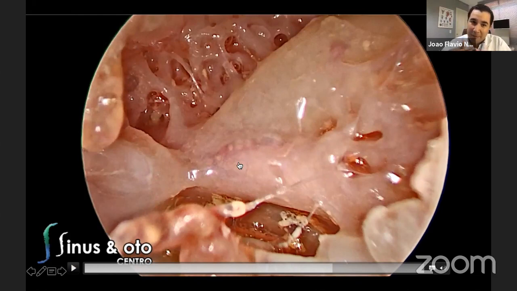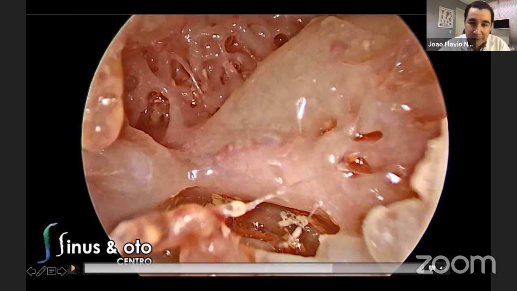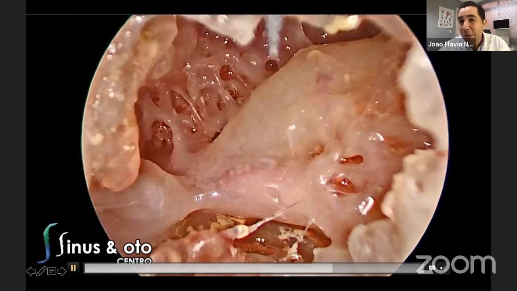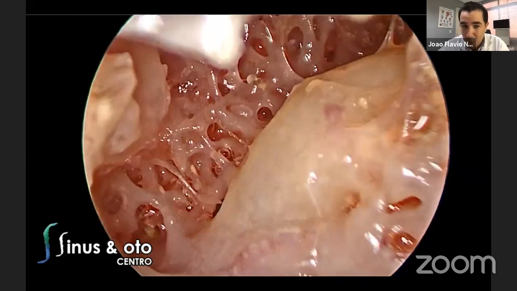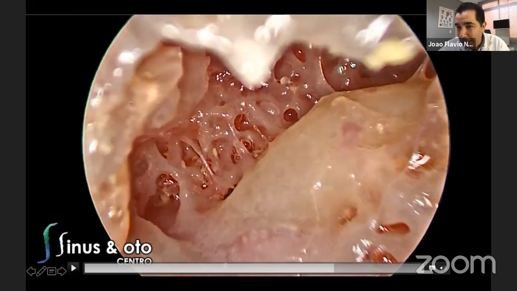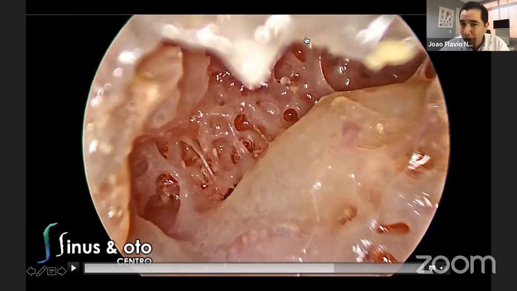So with the endoscope, you can have this very close-up view when you remove the ossicles, of course, and when you don't have an incus, for instance. And then we can go inside. This is an angled endoscope. This is a 45-degree endoscope, and then you can go inside and rotate a little bit, and then you can see a little part of the cells here and a little part of the antrum. As much as we remove from this scutum here, from the articotomy region here, as much as we can see inside the antrum. Sometimes we can see the disease,